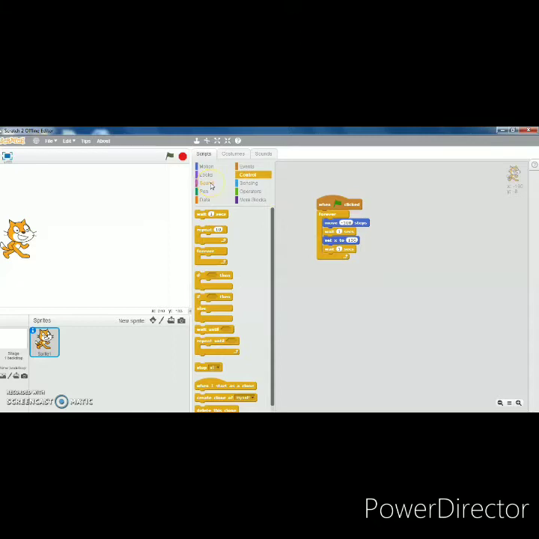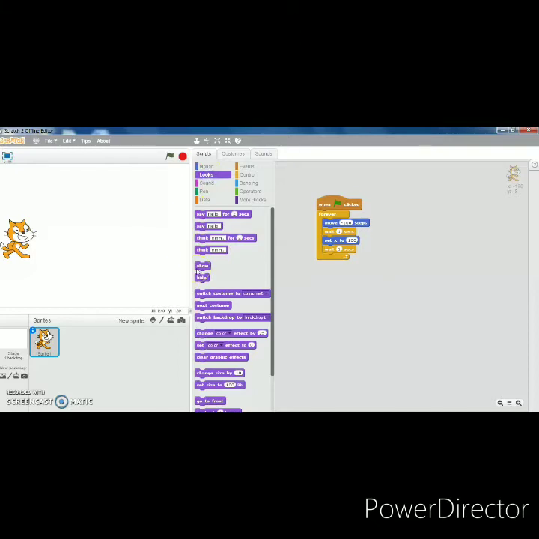Next we will change the size of the sprite by 5. It will change the size of the cat by 5, and change the color effect. It will also change the color of the sprite, and it will change by 20.